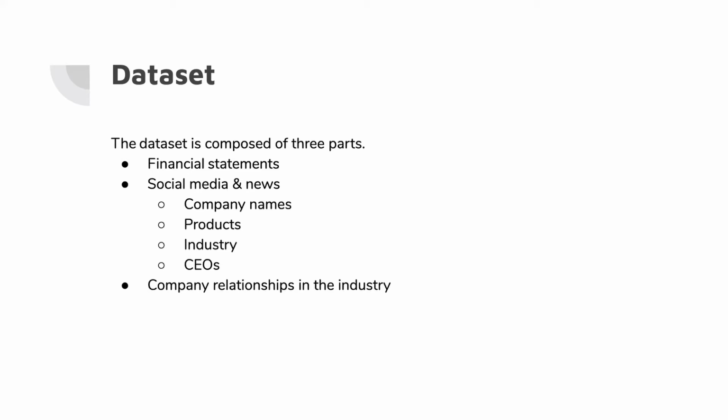Okay, and the last one is the company relationships in the industry. The reason that we want to take the relationship into account is because some companies are not well known enough, so it's hard for us to find posts or news that discuss the company. So we want to use the relationships like the upstream, the downstream, the competitor, to know how good the company can be in this industry. So based on these three items, these are our data set.